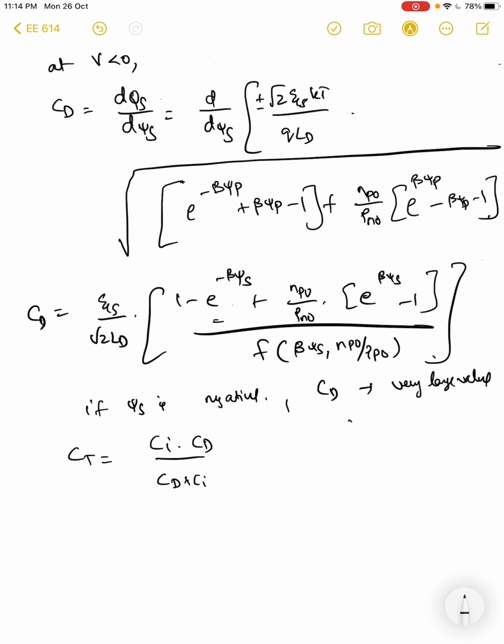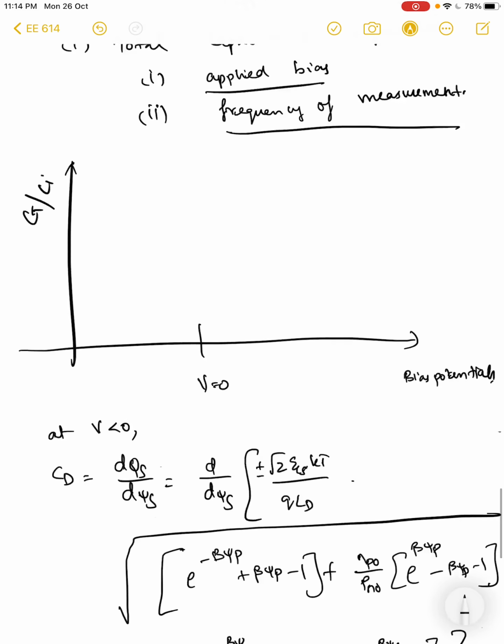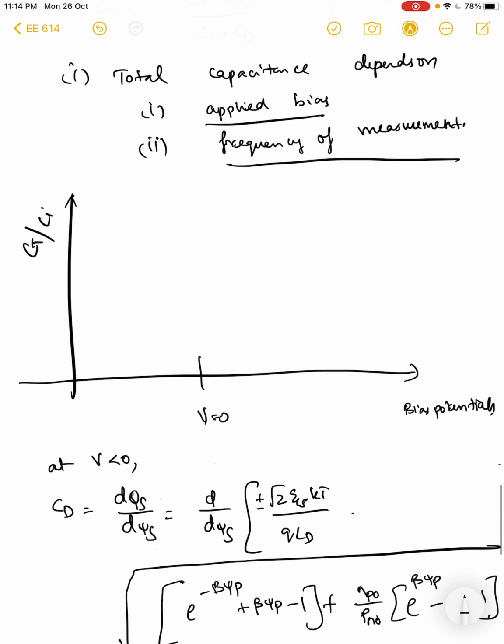So the one which is smaller in comparison will actually dominate the effective capacitance, and hence in the accumulation region the total capacitance that you will get is the geometric capacitance, and hence you will have something close to 1, till the point you have a negative surface potential, right? Now when you go to a positive surface potential,